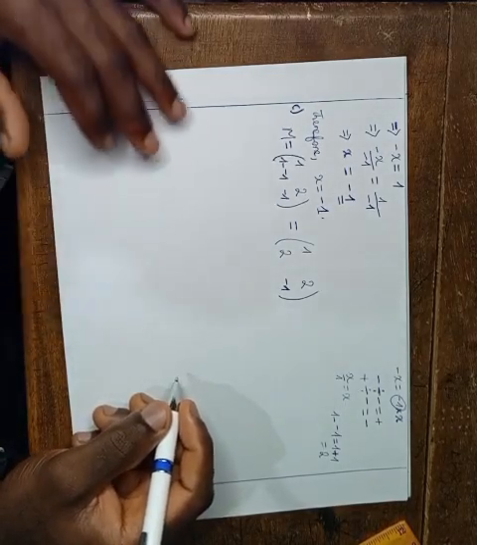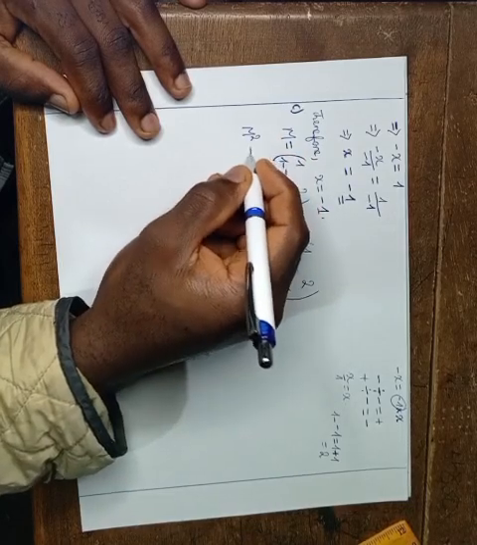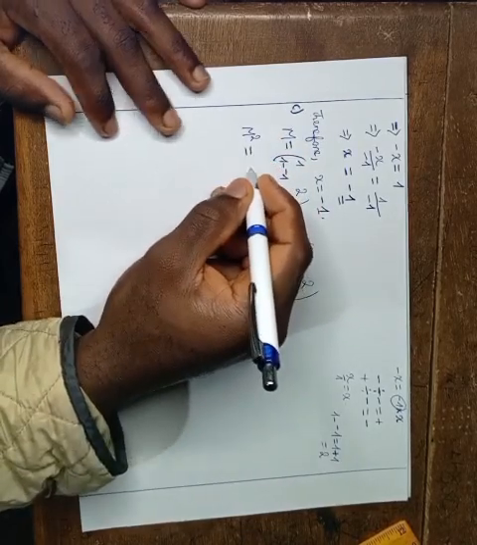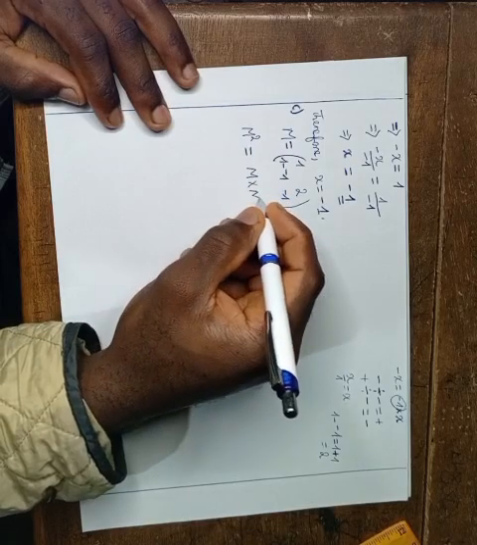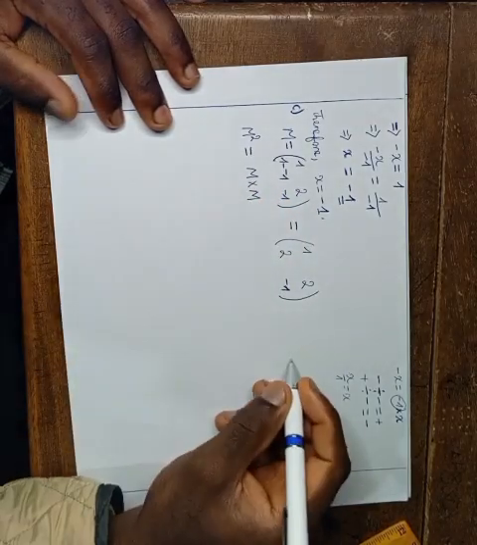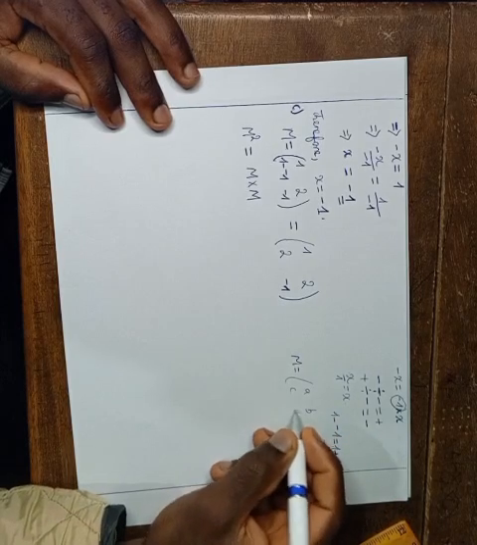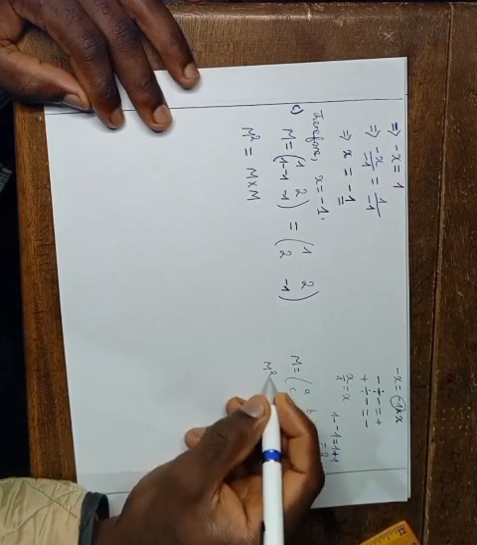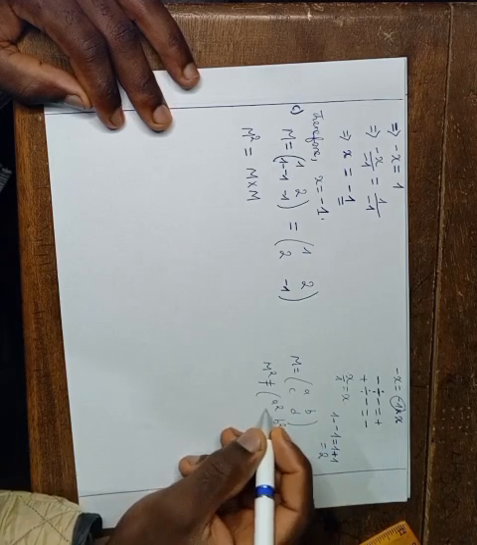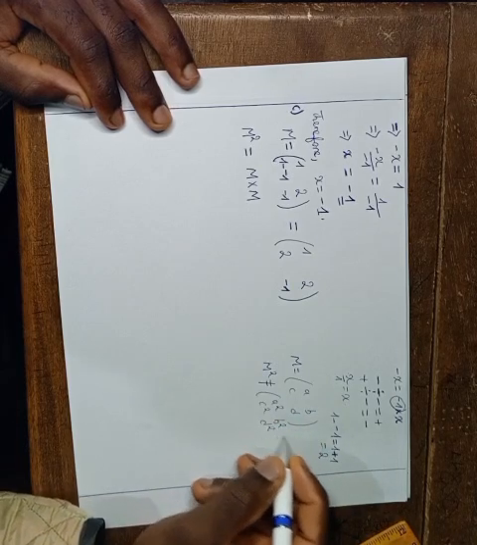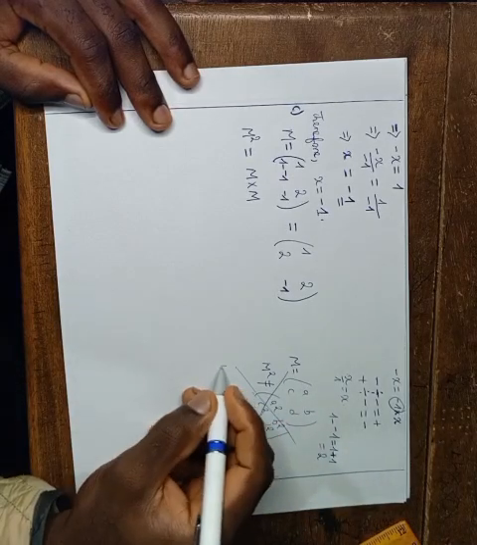Now we can proceed to find the matrix M squared. M squared is simply equal to the matrix M times the matrix M. Note, if you have, for example, the matrix M as A, B, C, D, the matrix M squared is not equal to A squared, B squared, C squared, D squared. If you have something like this, it is wrong. Instead, the matrix M